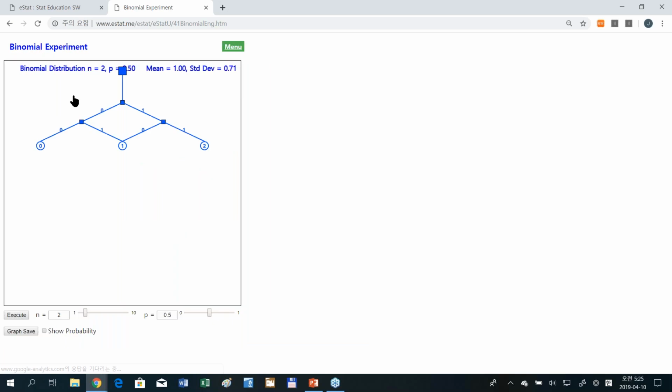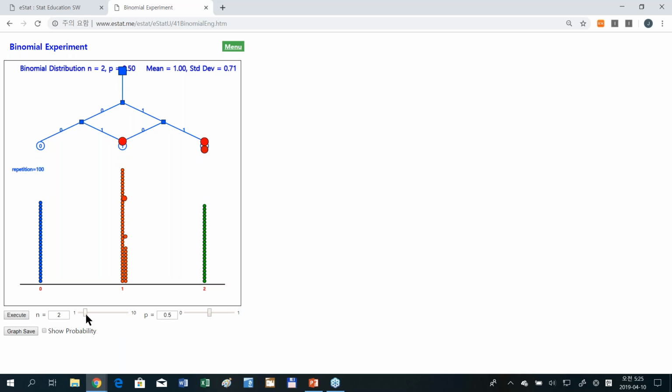Let's start from the binomial experiment. If you go to a Science Museum, there's an experiment where you drop a ball at the top. It splits into two pieces and keeps going on. They show you some kind of binomial distribution like that. When I lived in the States, I saw this kind of experiment at the Science Museum. I'd like to make a simulation to show to children by using this kind of software.